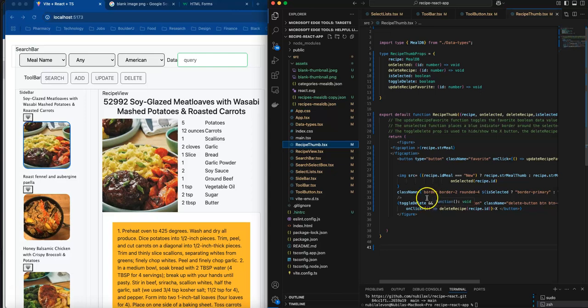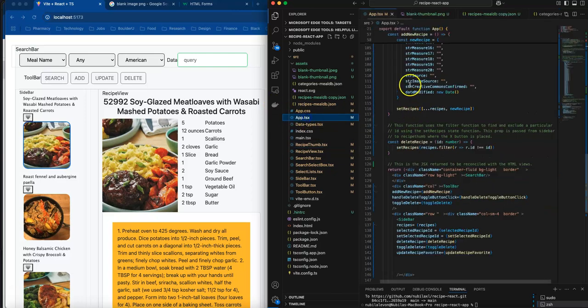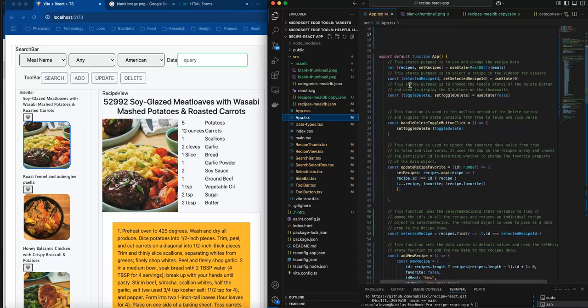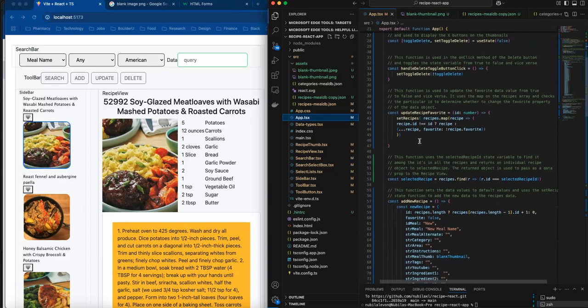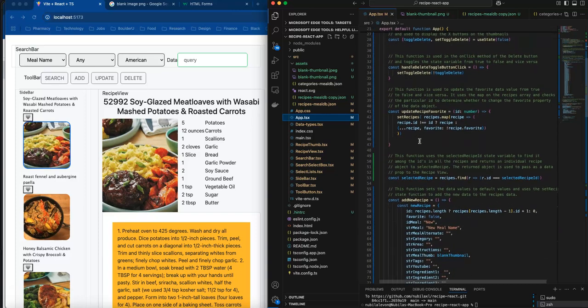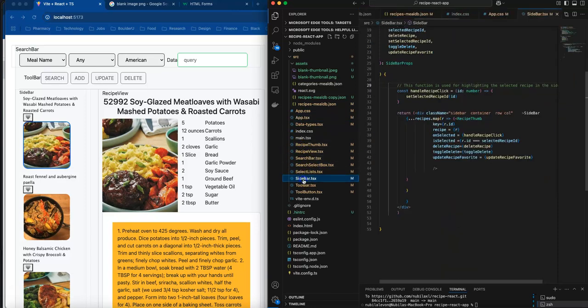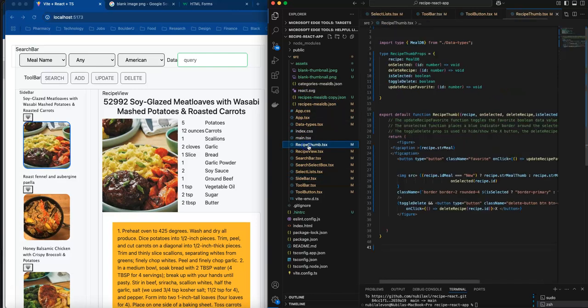And I have a selected recipe ID, and set selected recipe ID using a state of 0. I use that handle recipe click on the sidebar. That just sets the ID number. And I pass that to recipe thumb,